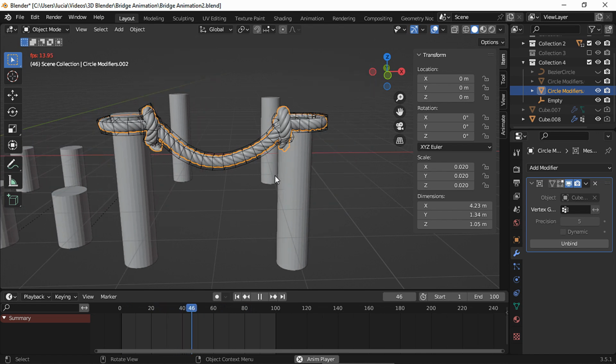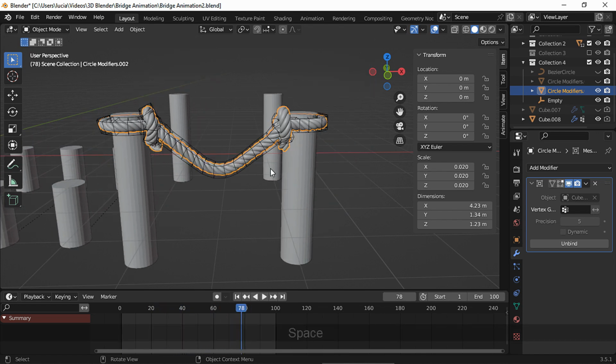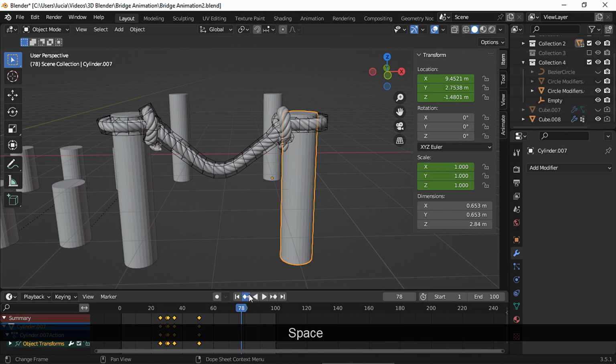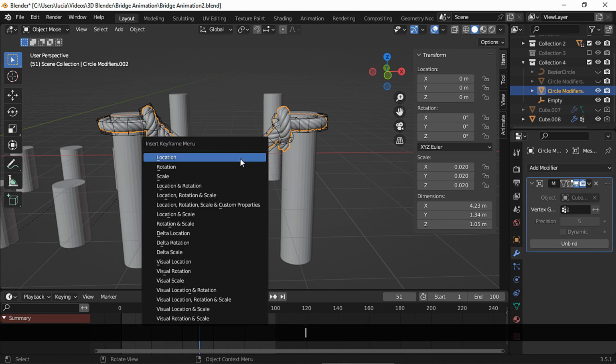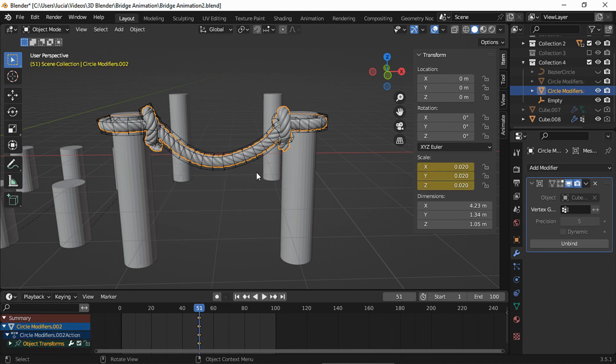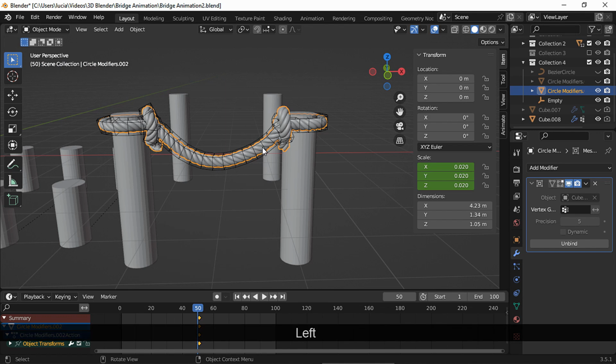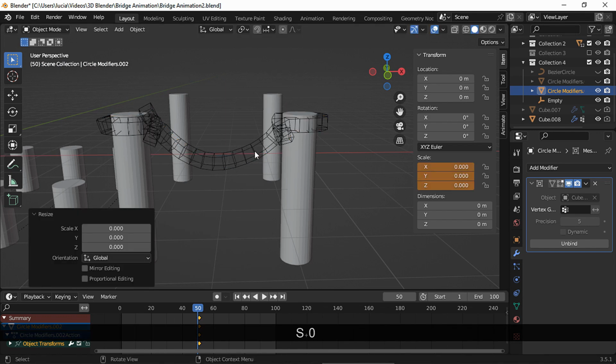Now I need to hide the half ropes and show this rope with the soft body simulation. The legs animation ends at frame 51, so I insert a scale keyframe for the soft body rope here. One frame before, scale it to 0 and insert a scale keyframe.